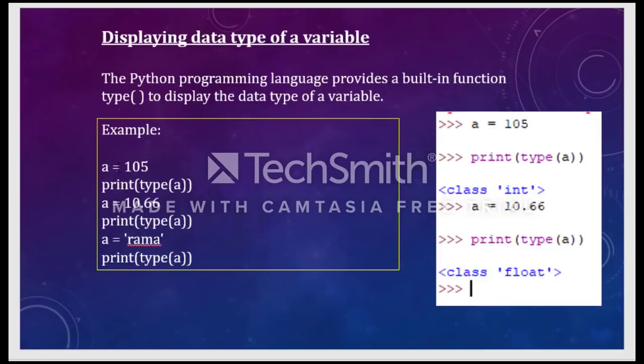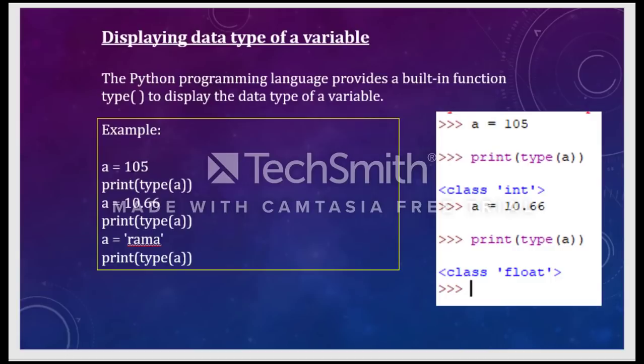Next, as I said, any variable's type is not declared initially. That means if I want to use any variable, don't write any type there. You can simply use that variable as a is equal to 105. Based on the value, the data type of a will be defined. If you want to specifically know the type of a, I have declared a is equal to 105, which is obviously an integer value.